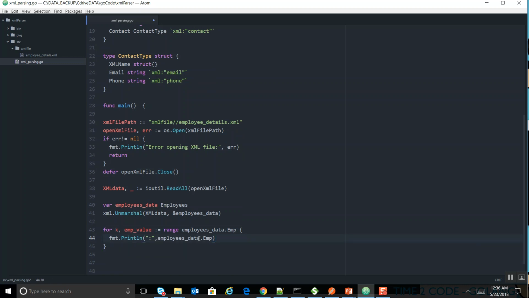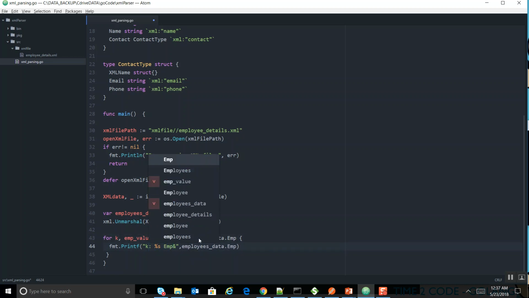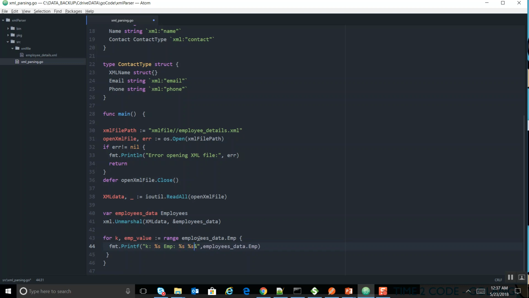Okay, printf, k is %s. Okay, and then employee colon %s, %s. What I'm going to print is